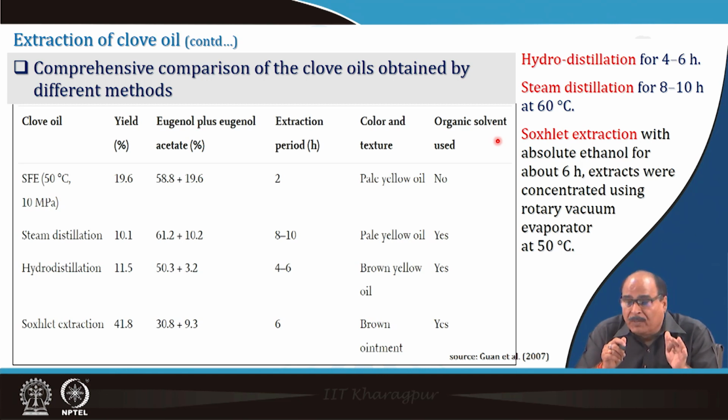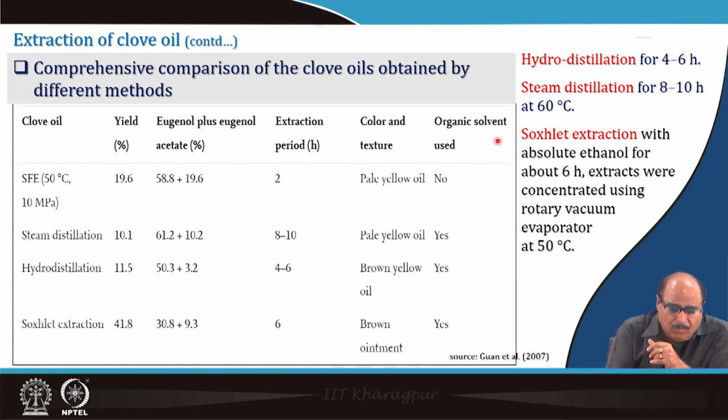Methods used are supercritical fluid extraction, that is using 50 degrees Celsius and 10 megapascal pressure, hydrodistillation for 4 to 6 hours, steam distillation for 8 to 10 hours at 60 degrees Celsius, and Soxhlet extraction with absolute ethanol for about 6 hours. Okay. And here the Soxhlet extracts were concentrated using a rotary vacuum evaporator at 50 degrees Celsius. So, you can see here in these methods the yield, although yield is reported maximum in the case of Soxhlet extraction apparatus, that is